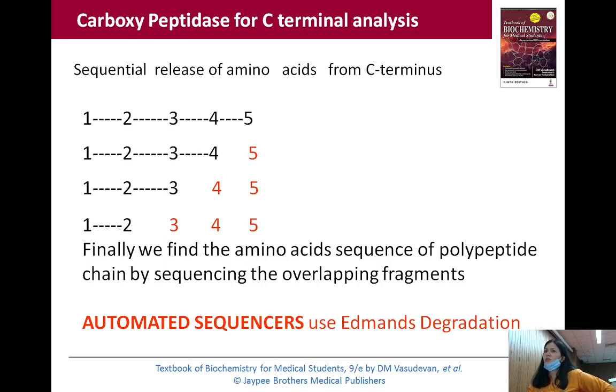So before sequencing the polypeptide chain from the N terminal or from the C terminal end, what do you have to do? You have to break the polypeptide chain into different fragments by using endopeptidases to get overlapping fragments. So you have to break the whole polypeptide chain by using endopeptidases or various chemicals to get different fragments. Once you get different overlapping fragments, you can sequence those overlapping fragments either from the N terminal end or from the C terminal end by using different techniques. Clear? Chandani, please read it again in the textbook, then the things will become clear. Okay, that's all regarding